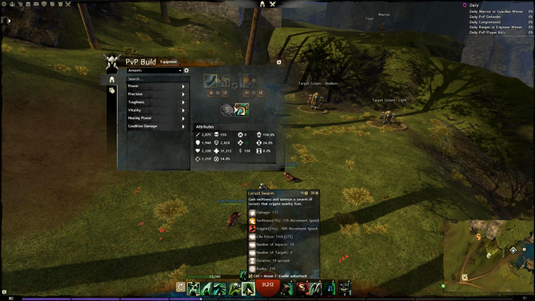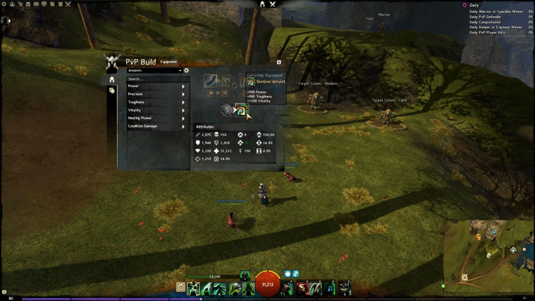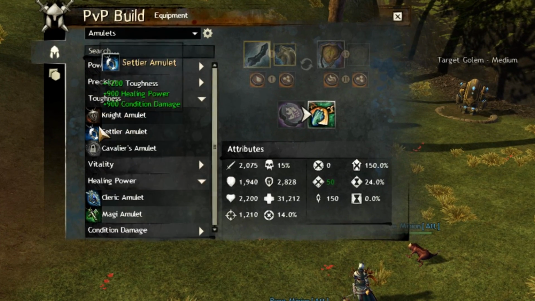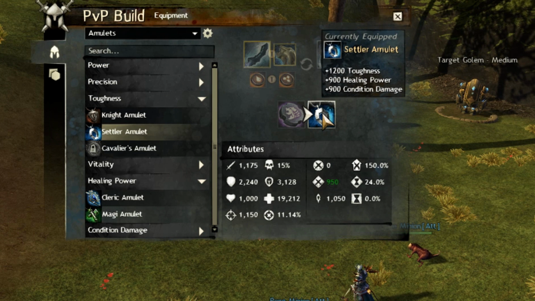I've gone with Dagger, Warhorn just for a bit of mobility. The ability to root players is nice to get the minions all in their face. But, you know, you can run pure Condi, and actually a really nice amulet to do under that situation is, and bear with me here because it's true, the Settler amulet. Again, very tanky because it's toughness major, but you get condition damage on there, which is a stat that gives you high damage even without investment in other stat lines like precision or ferocity, and you have healing